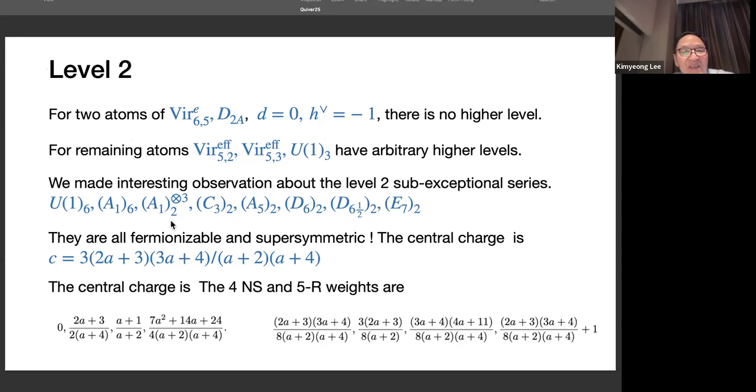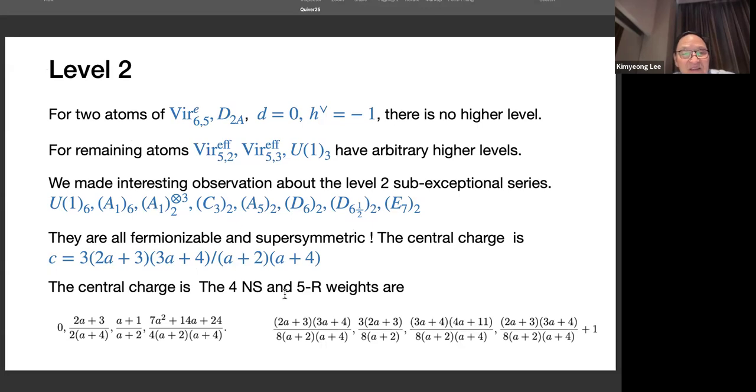All these series can be fermionized, which means this theory has either dimension 1/2 or 3/2, and also they are all supersymmetric. And their central charge is uniformly given in terms of the A variable related to this. So mu and nu, and say mu is like a 3, and nu can be changed, and in terms of A variables, central charge is given in this form. And now the total number of characters is a lot, and in fermionic forms we have 4 NS characters and 5